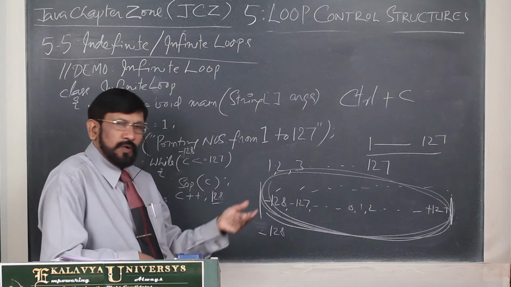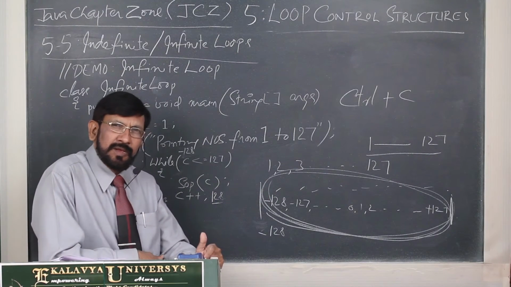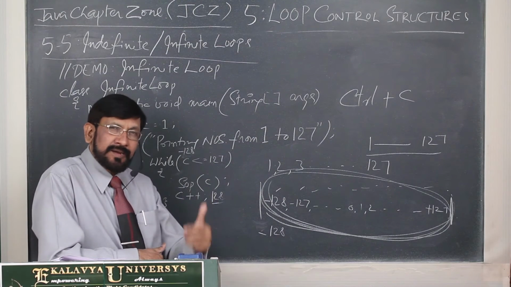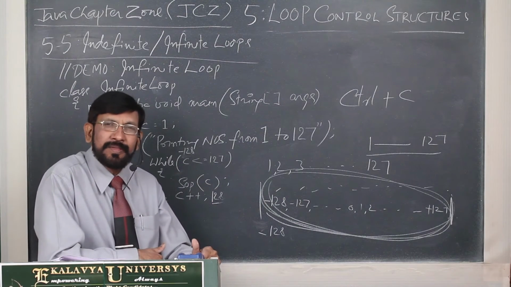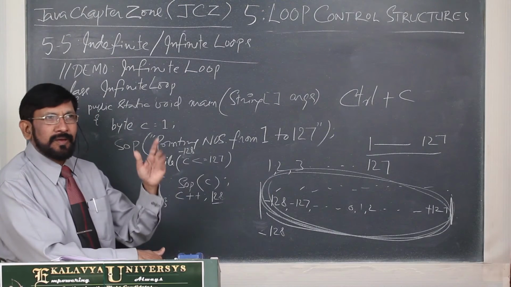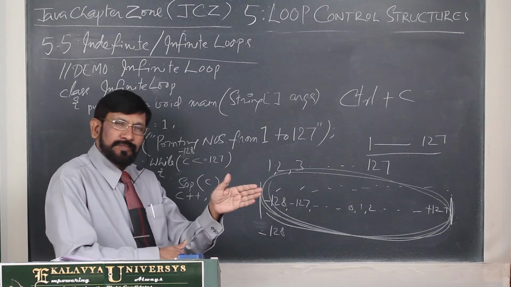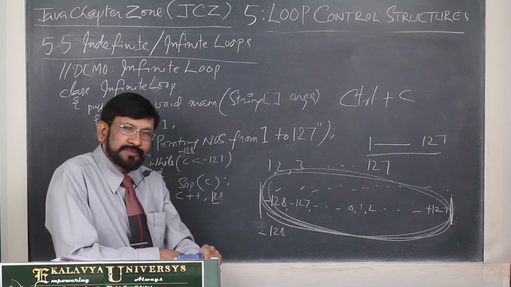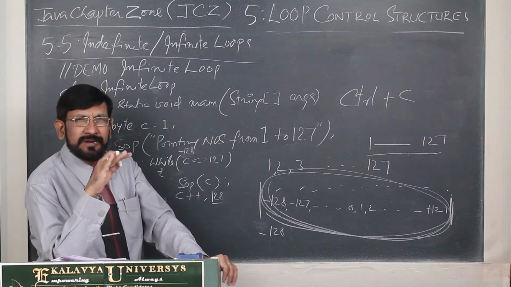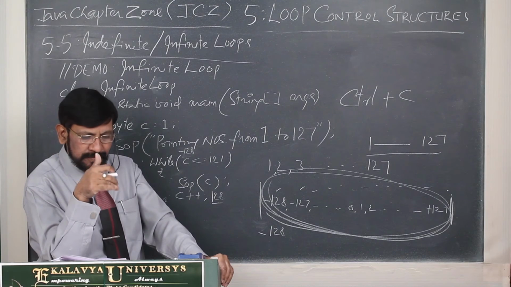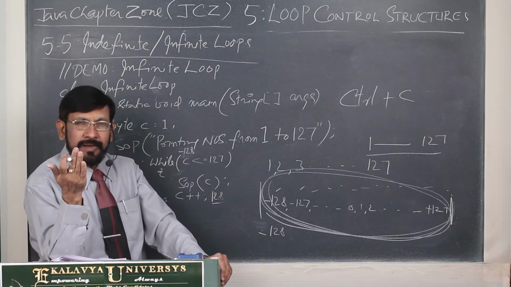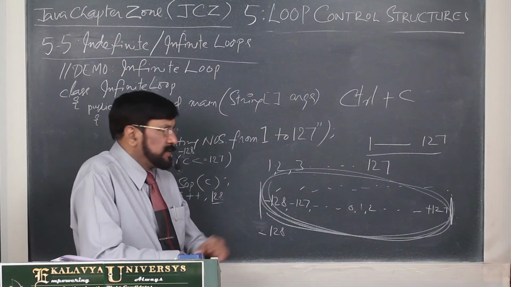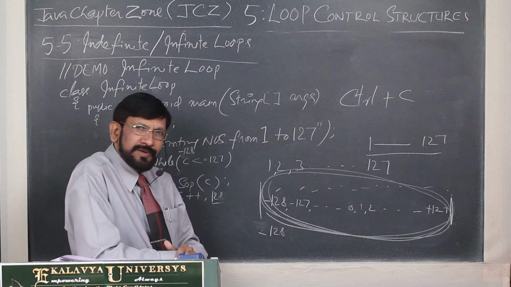In some other cases, you may design your test expression inadvertently or negligently or ignorantly. In such a case also, the loop is initially true and forever it remains true. That's why infinite loops are created. Don't be terrified. Generally, beginner programmers are terrified simply by seeing an infinite loop. Then simply press Ctrl C. It is automatically